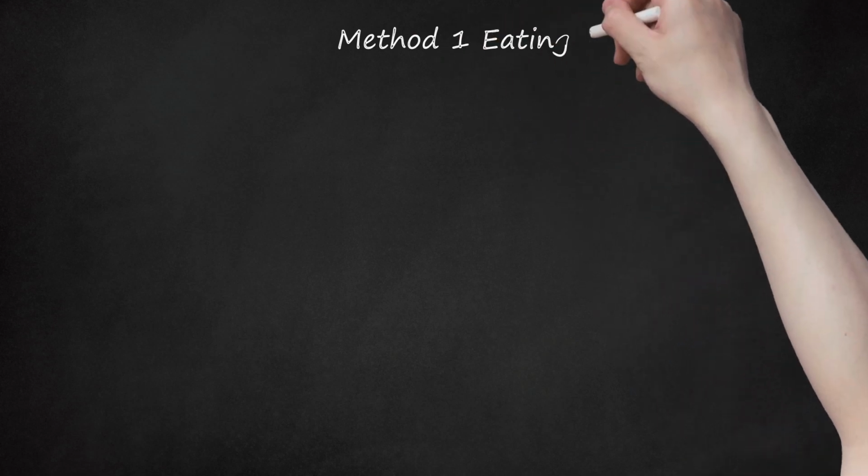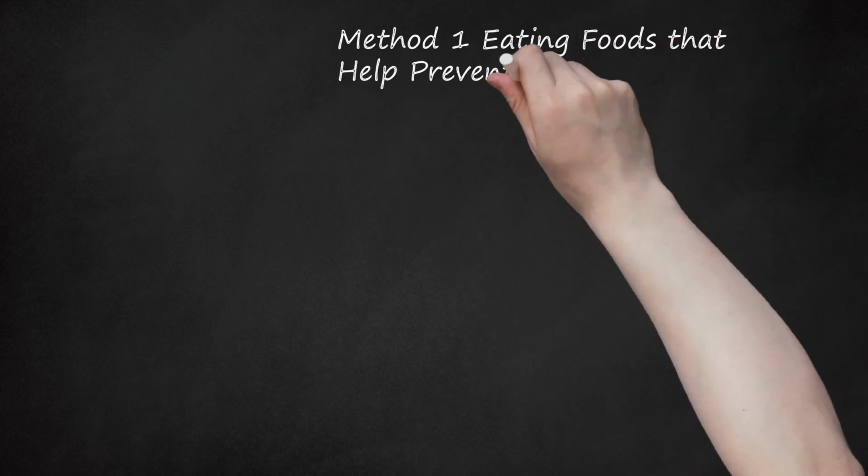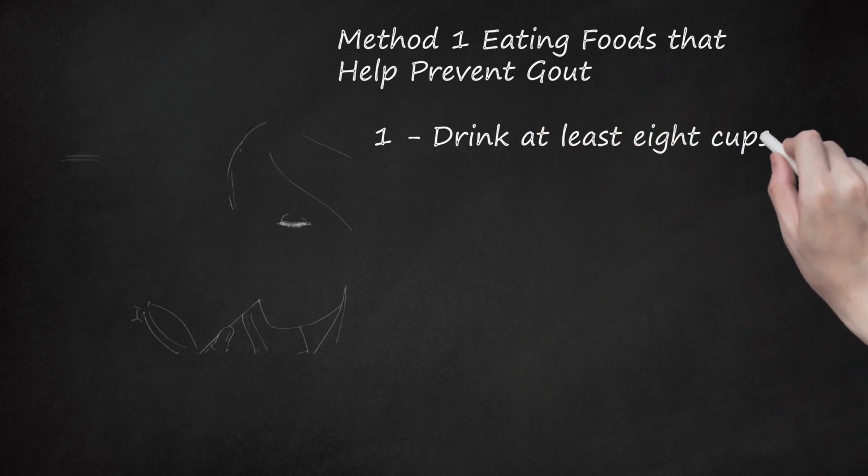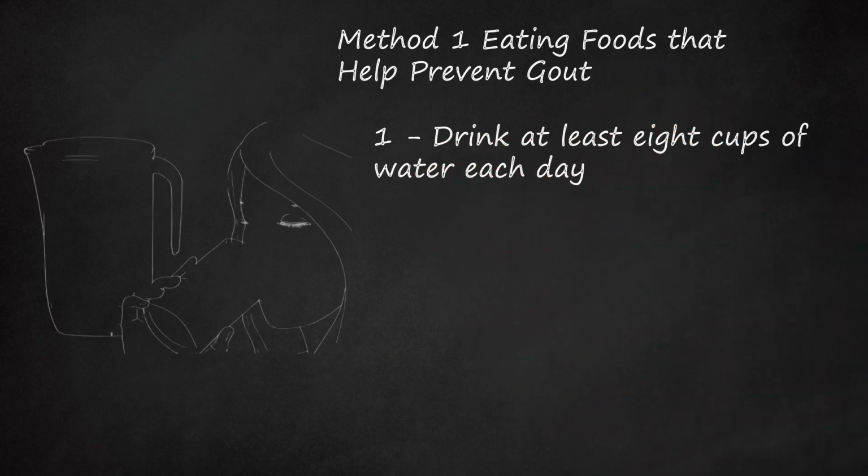Method 1: Eating foods that help prevent gout. 1. Drink at least 8 cups of water each day. Painful episodes of gout occur when a substance called uric acid causes salt crystals to form in your joints. Fluids can help pass uric acid through your body, making them an effective way to reduce the chance of gout